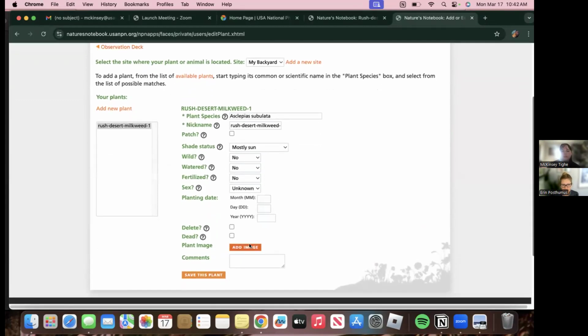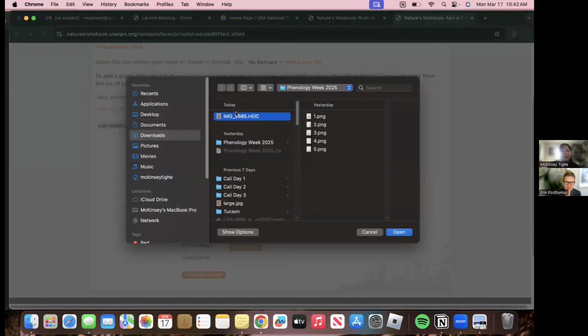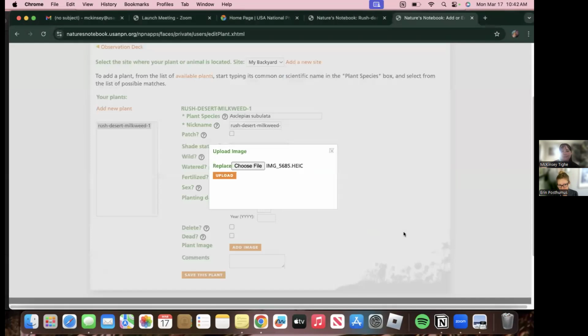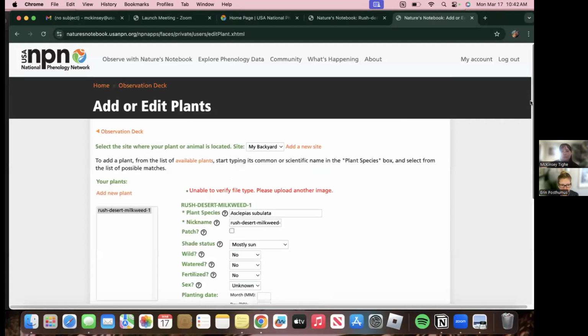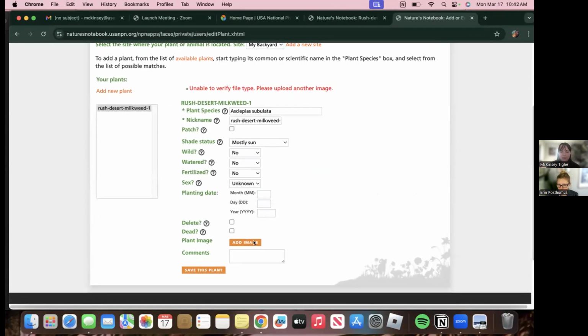So you could add an image, and you could pick that picture that you were showing us and add that as your plant observation or your registered plant. And then that'll be there. And oh, I guess the file type is strange. It should accept JPEGs and PNGs, but yeah, let us know if you have trouble. Usually those two file types will work. And then it'll show up once you get into your